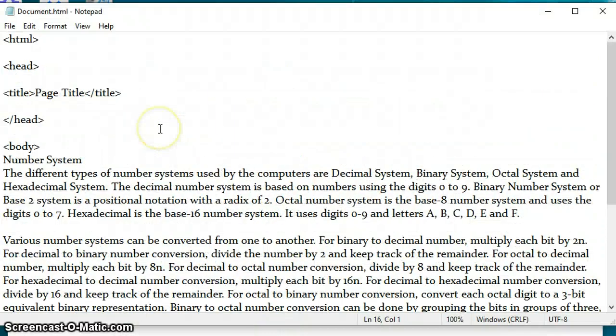This is our file. So I'm changing all these tags into capitals because it is easier to identify the tags, because there should be no syntax error at all. Otherwise, your web page will not be displayed properly.